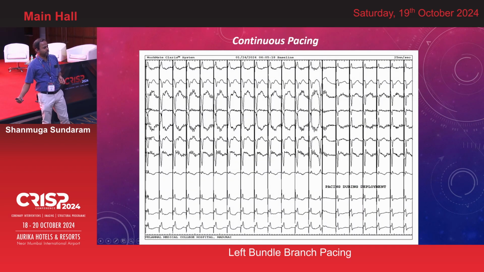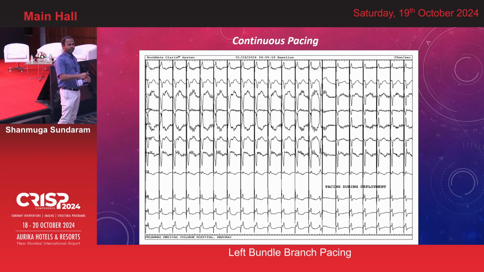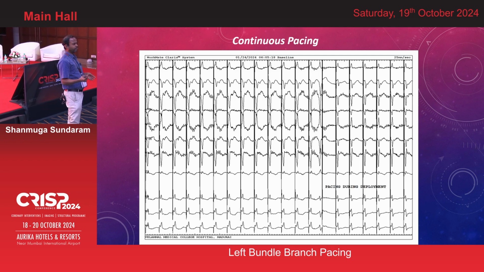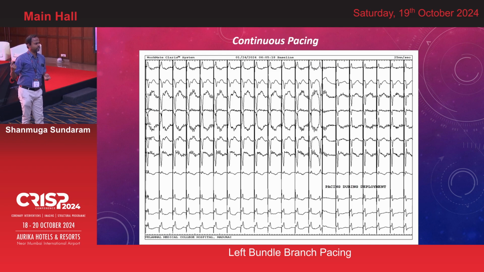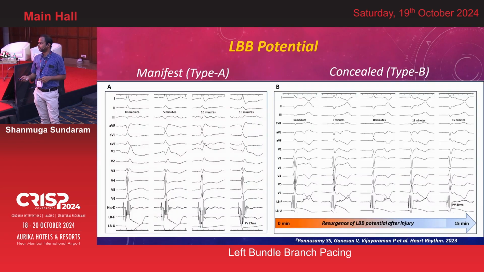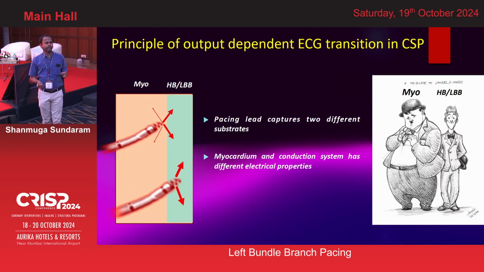So probably this is an easy way of doing it, because eliciting the rapid rotations and the PVCs will be a little difficult for beginners. But this is with the conventional stylet-driven leads that we have been using for years together. All you have to do is pace simultaneously and give rotation and see how the paced QRS morphology is looking. So once you confirm that you are in this area,